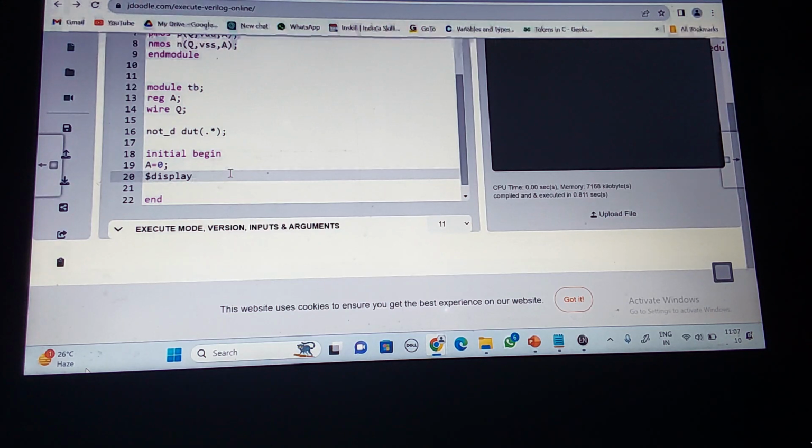It is equal to printf in C programming. Then followed by parentheses. Inside the parentheses, what should I write? A formatted string. And then for the formatted string, I need to pass the arguments. So what formatted string can I write? Here Q is equal to, dollar b. And I give one tab space, backslash t, which is one of the escape characters.